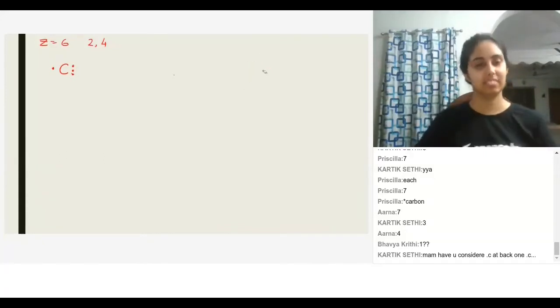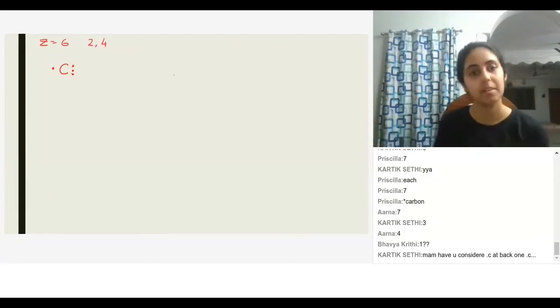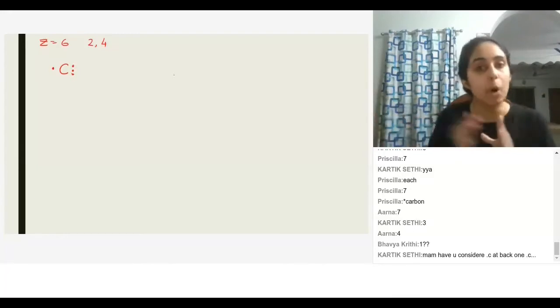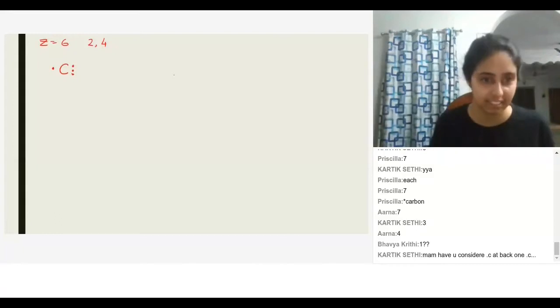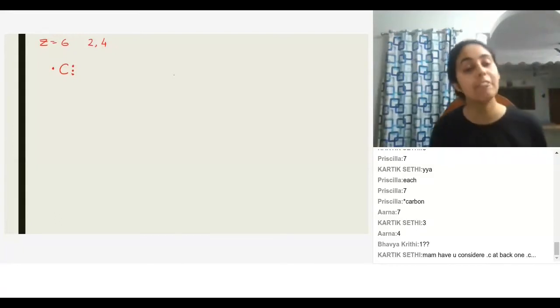Okay, so I got confused: in triple covalent bonds, does it always mean you have to write 3 on one side and 1 on the other side? It is easier if you write it like that, because then you will be able to draw those bond pairs, right? So that is why we write it like that. Yes, you have to consider the dot before the C also, Karthik.